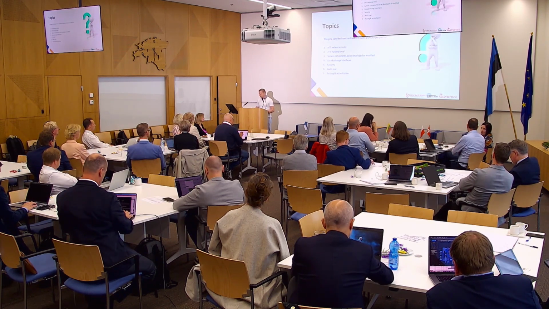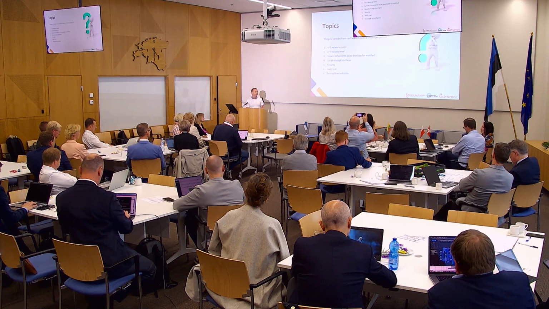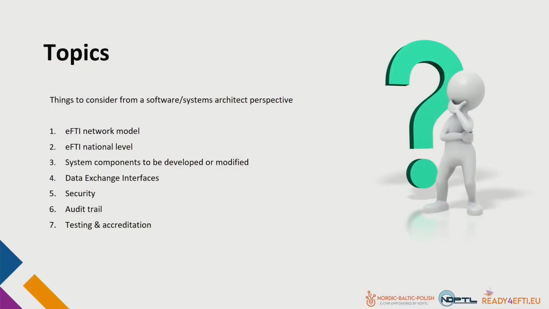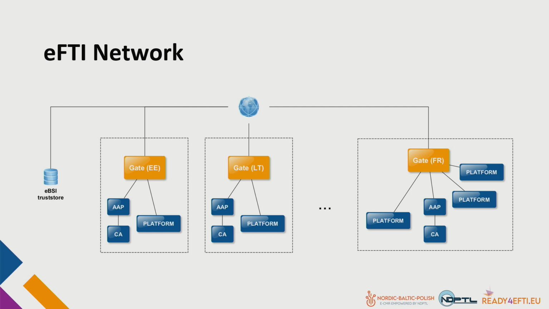So when implementing any system, a software architect would consider various topics like which software components have to be added, which have to be updated or changed. Then what are the data exchange interfaces, how to implement security, audit trails, how to do testing, and in the FT case we also have accreditation. I don't have the detailed slides for each and every one of those topics, but we'll start with the FT overall model